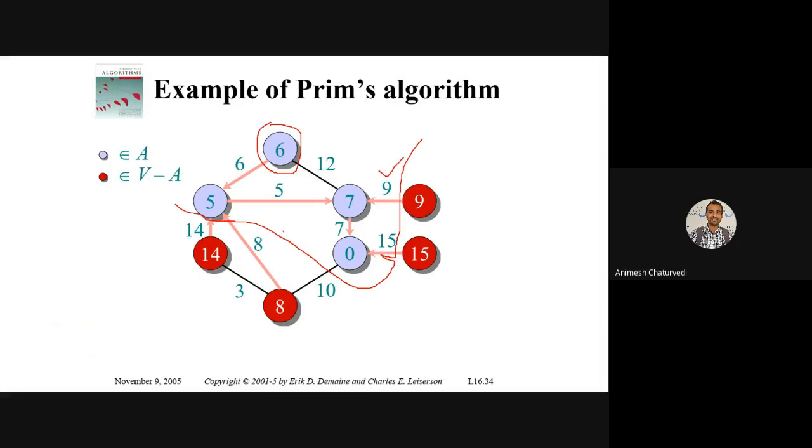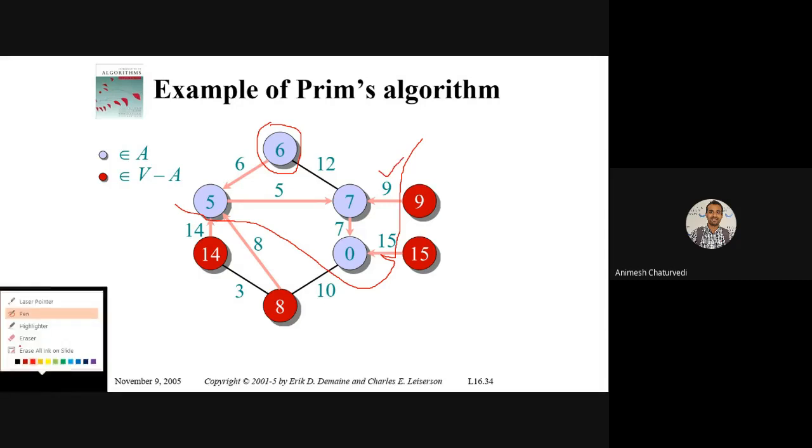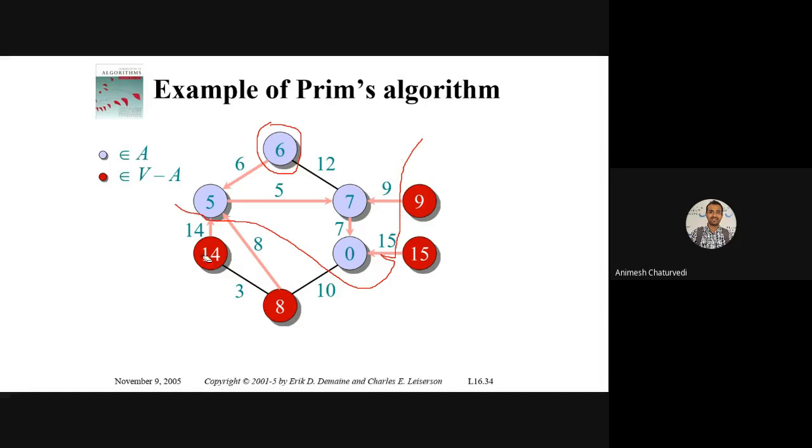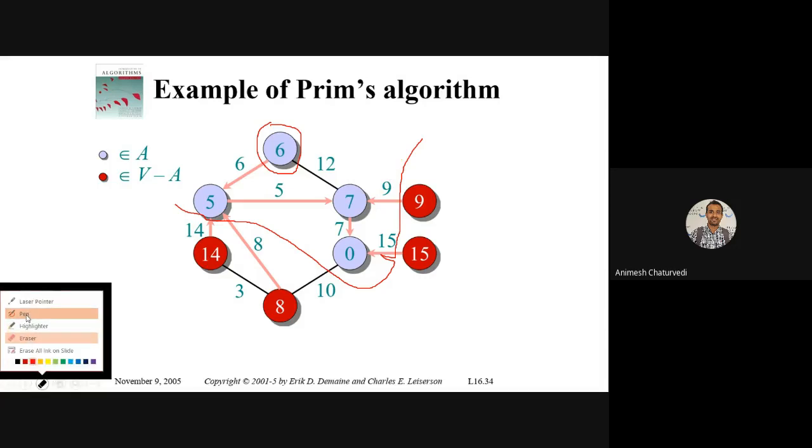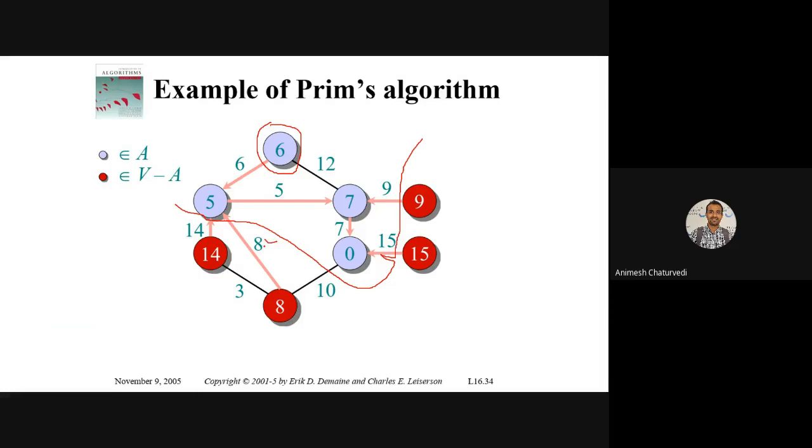No, 8 would be the least. So you'll have 8 as part of this cut set. After this, 8 will be discovered, and this will be added.